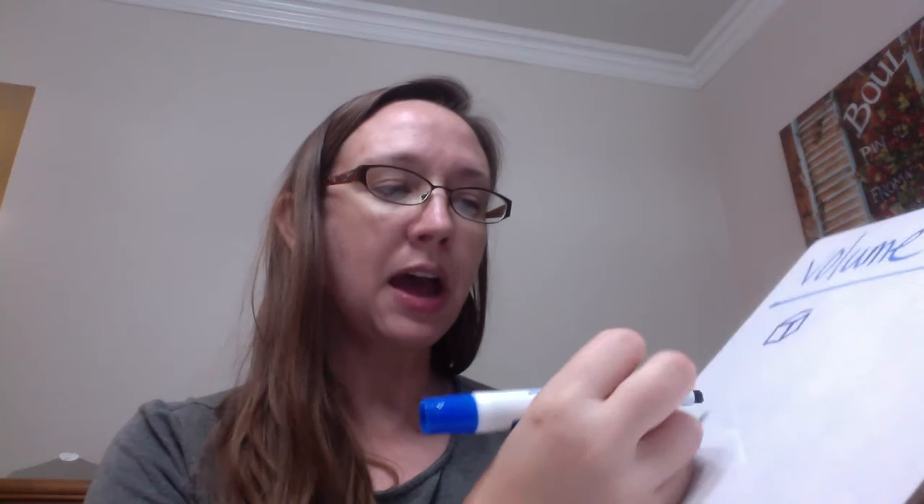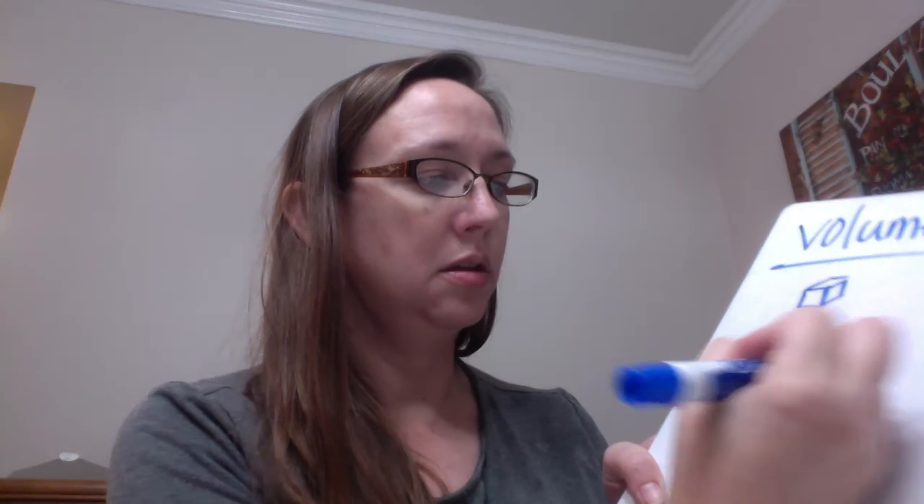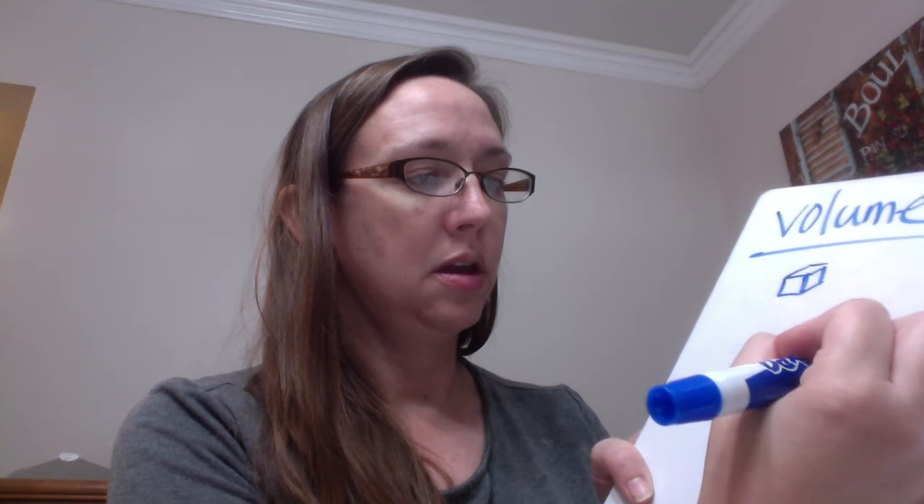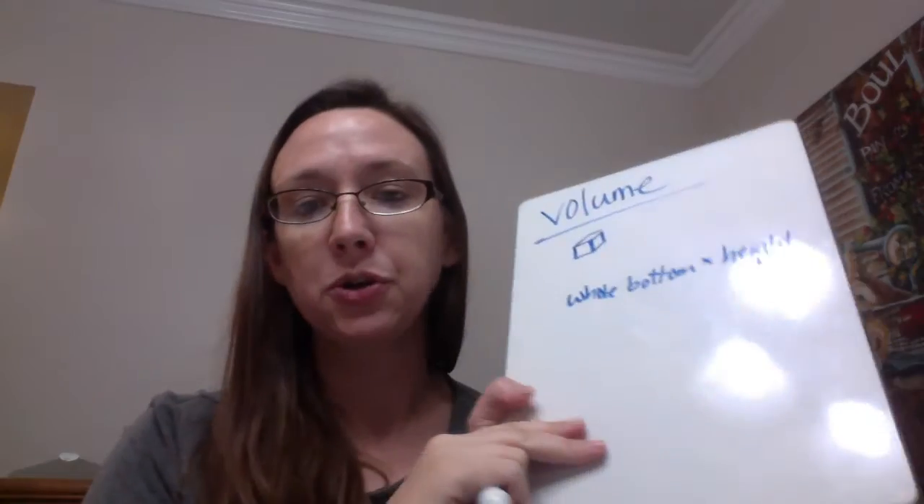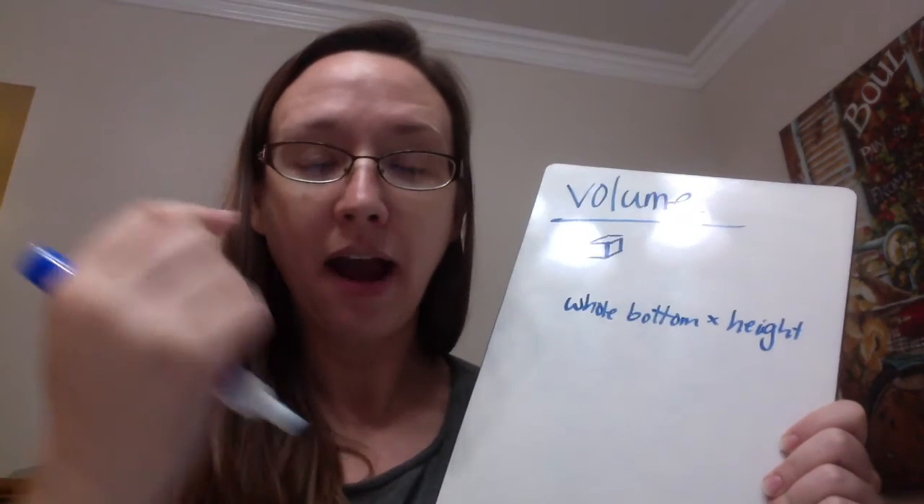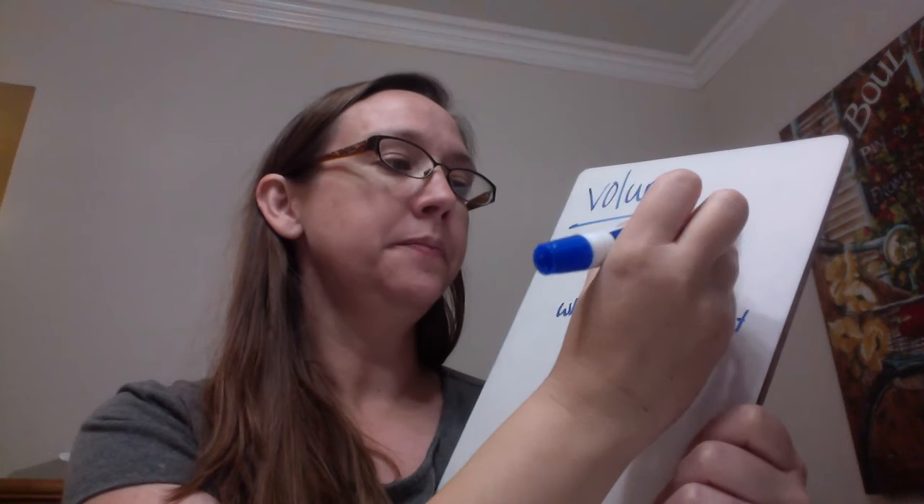So the formula that they give us is that we would count how many are on the whole bottom, and we multiply that by the height. How many layers? So how many cubes are in one layer, and then how many layers do we have stacked up? For a cylinder,